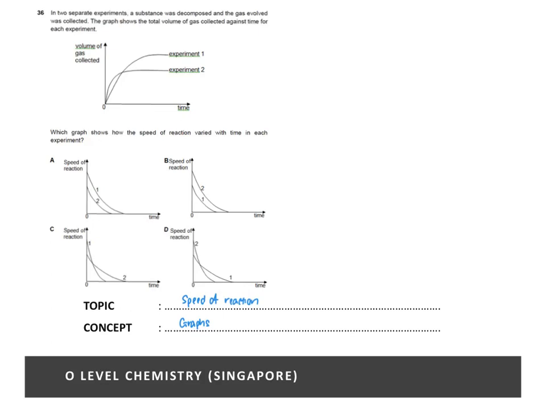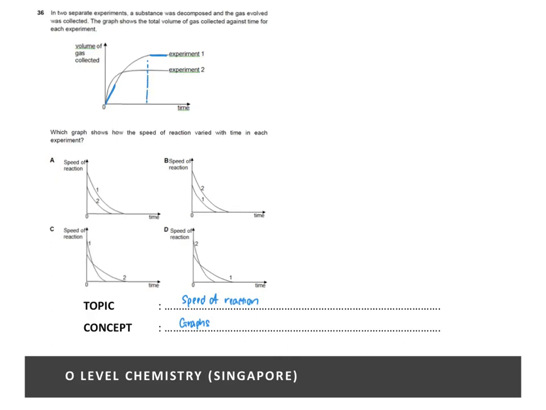This question is on the topic of speed of reaction, and in this question we are given the graphs of volume of gas versus time for a particular decomposition reaction. So again, in a speed of reaction graph, there are three distinct points that we need to look out for. Number one is the gradient at the start. Number two is the final volume of gas collected, and number three is the time at which the reaction